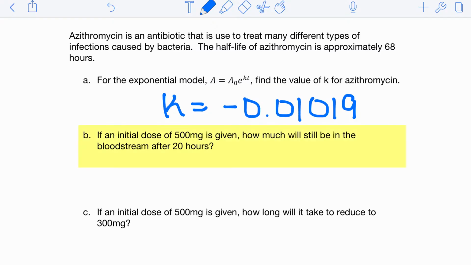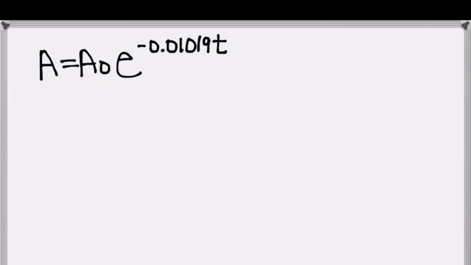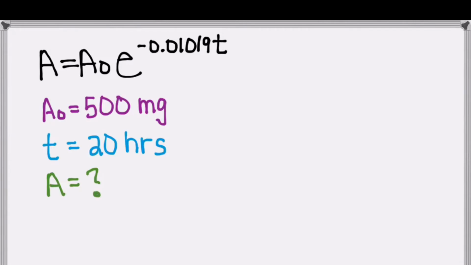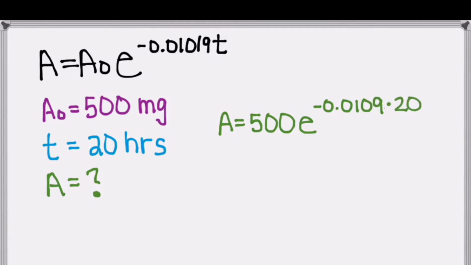Now let's look at the next part of our example. Part B. If an initial dose of 500 milligrams is given, how much will be in the bloodstream after 20 hours? Now we can use our exponential model with the value of k filled in. And for this particular example, we have that a naught, the initial, is 500, t is 20, and we're looking for a. So if we plug everything in, we get a is equal to 500 times e to the negative